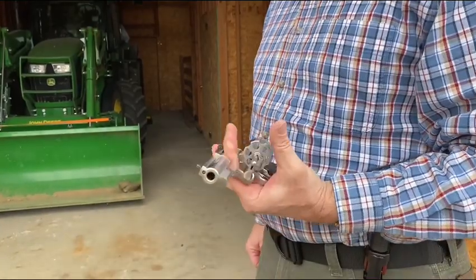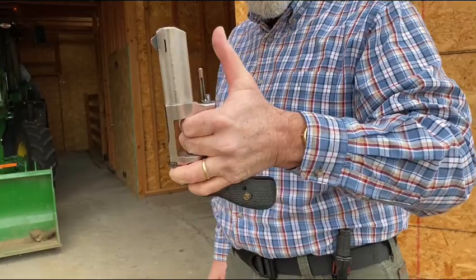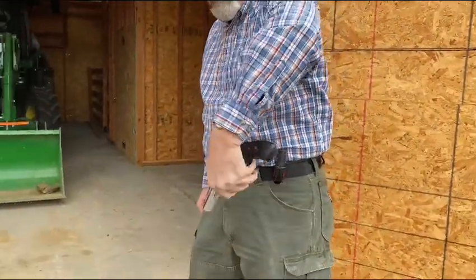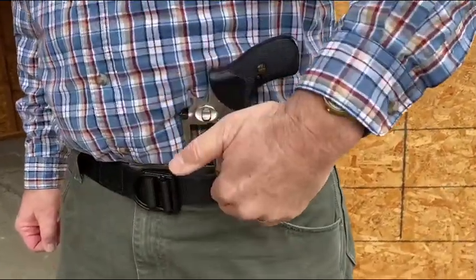Open the cylinder. Fingers go through the cylinder window. I'm cupping the backside of the revolver to stabilize it. One good swift push on the ejector rod with my thumb. I then roll around the cylinder again and I come into my belt line, trapping the ejector rod on the